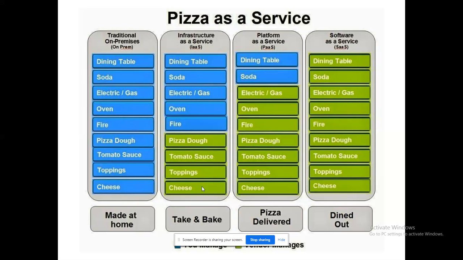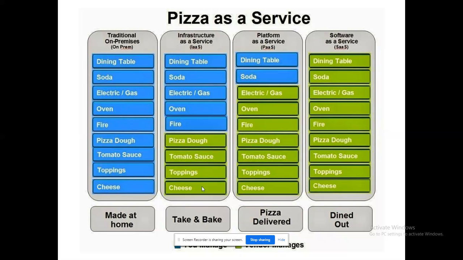So to classify the different types of environment that could be made as a service: traditional environment, IaaS, PaaS, and SaaS. How it can be. So this could be a classic example that could demonstrate to you about pizza making and delivery. If I'm going to have it, everything I'm going to do it in my home. That's going to be the traditional. It could be a client. Say it could be a normal one. So if it is going to be infrastructure as a service, what I'm going to do, I'm going to purchase the raw materials outside and I'm going to bake it in my home.